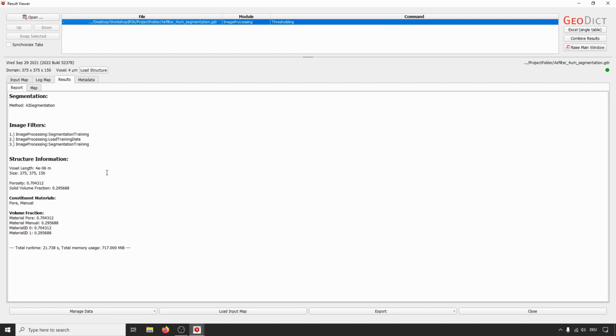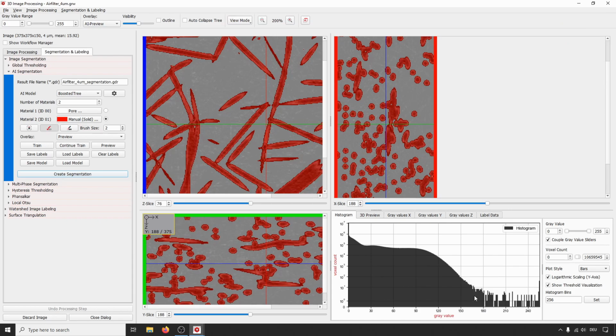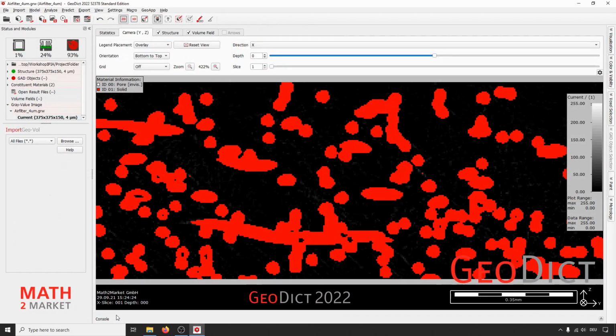And then again, you get the result file. In the result viewer, we see the method of the segmentation, everything that was done, and again with all the information that you need to reproduce the segmentation here. Now we can close this dialog, and we can also close the image processing dialog because we're finished with the segmentation. Now again, we are here back in the Geodict main user interface, and we can again